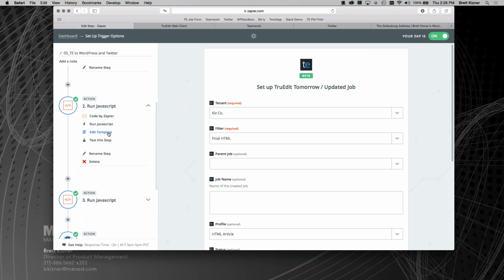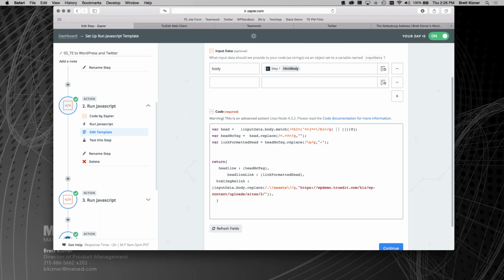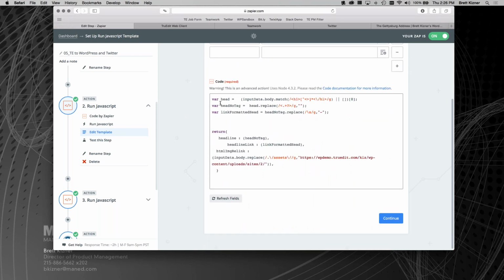So I'm using some JavaScripts, and the JavaScripts are great because it allows me to essentially have custom functions here within Zapier. Here I'm passing the body of the HTML that's coming from TruEdit into this JavaScript, and it's essentially going and finding and extracting the text that's tagged with the H1, the headline. And it's going to essentially pull out the headline. It's going to pull it out with a tag and without, and then it's going to automatically create the link